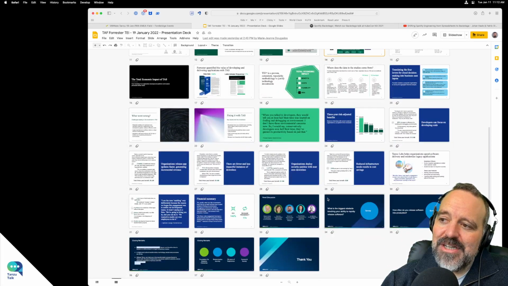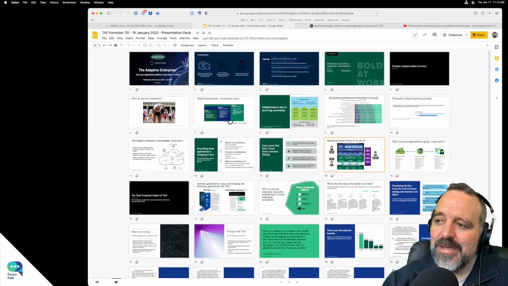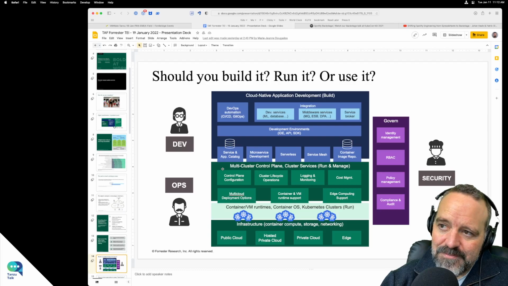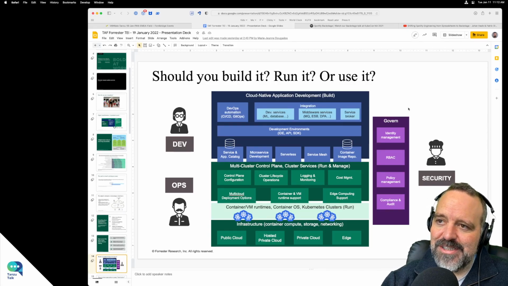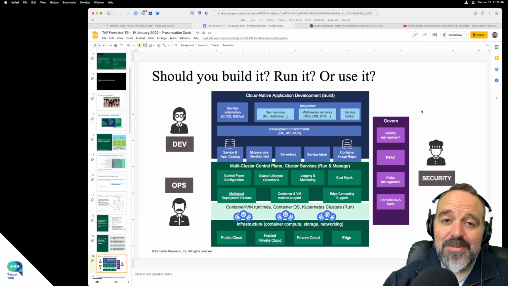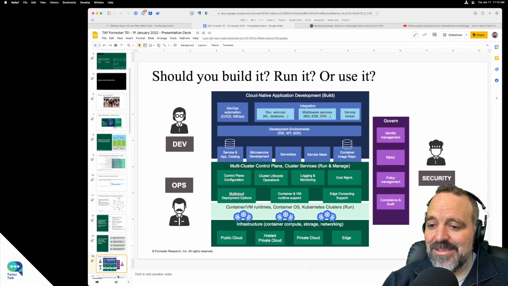Then there'll be some discussion where I'll ask some questions of my coworkers and the Forrester people. To give you an idea, I'm always looking for this picture: what does a stack look like? I never really know the usage rights, but it would be nice after we do this webinar if I could start to use this one. I should probably just get permission from them to use it.